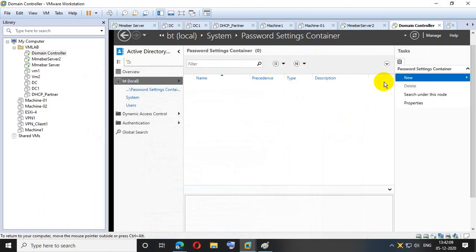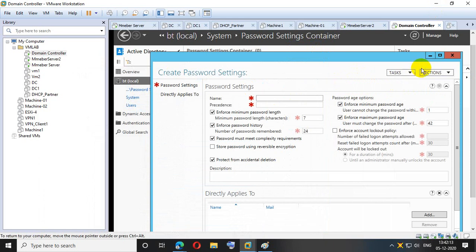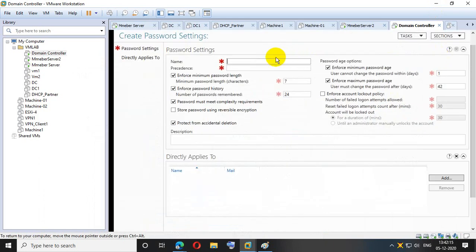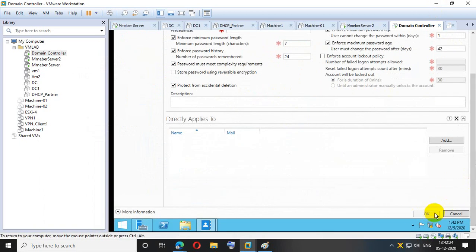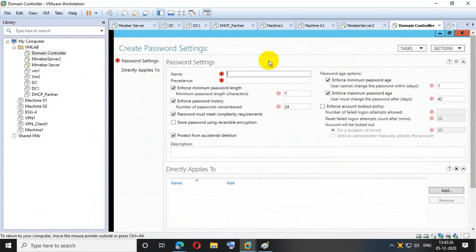So here I'm creating the new policy, new password settings. Here you need to provide the mandatory fields marked in red. If you do not provide these, it will not work. You are not able to move next because these options will be deactivated. First I'm creating the name of the setting, PSO